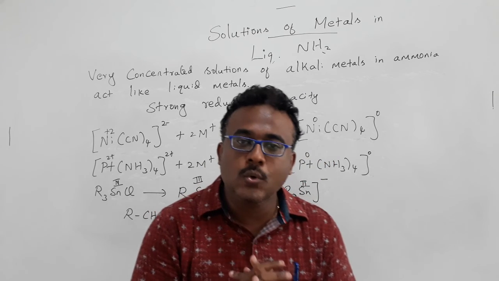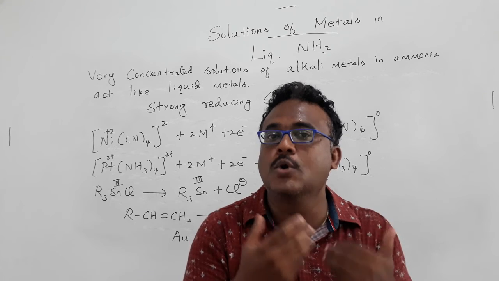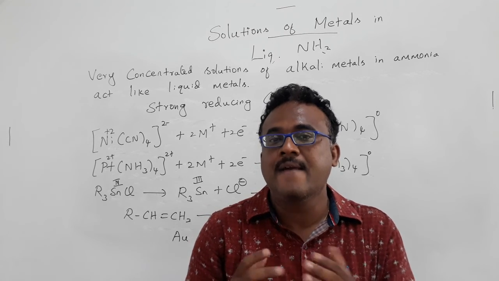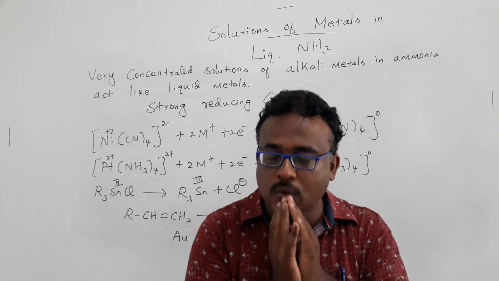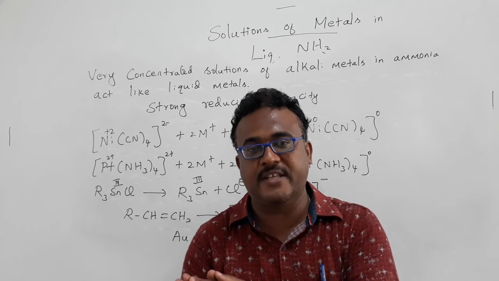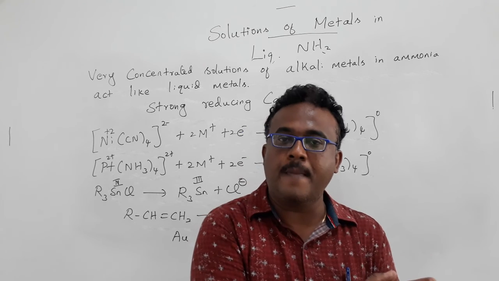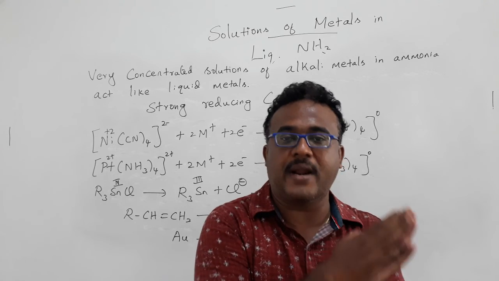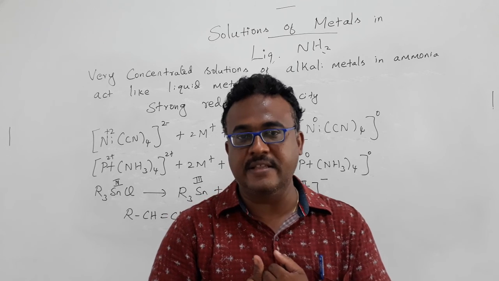Okay, that can be used as a strong reducing agent. It has strong reducing capacity and can be used for various reduction reactions. It can be used to reduce nickel plus 2 to nickel 0 oxidation state, platinum plus 2 to platinum 0 oxidation state, and gold to gold minus 1. It can even reduce oxygen to superoxide and peroxide. So many reduction reactions we have discussed in this lecture.